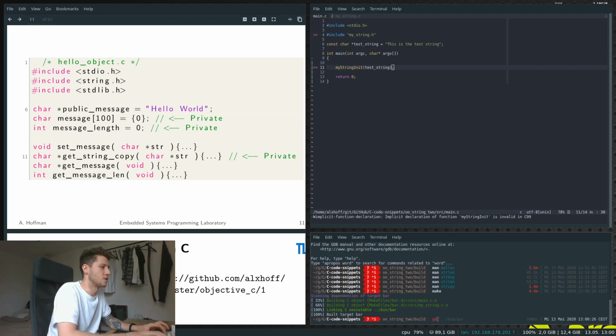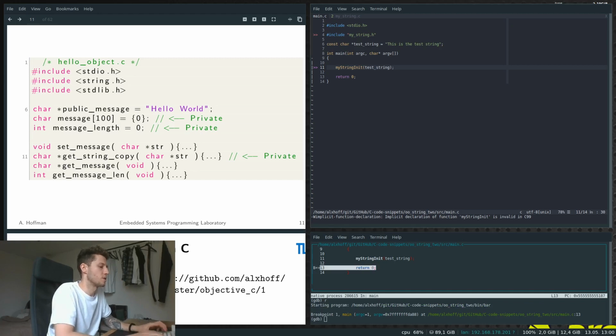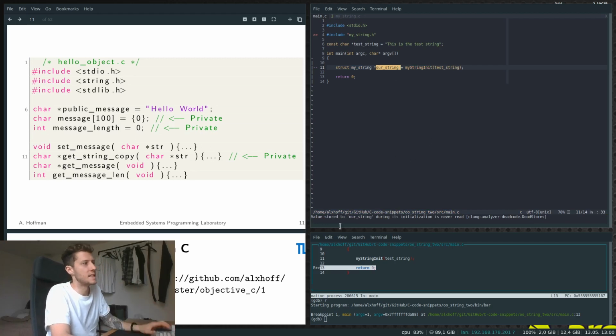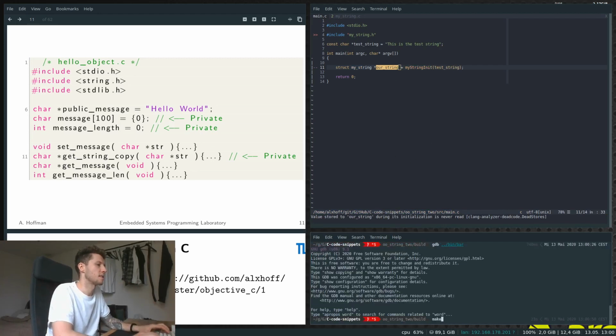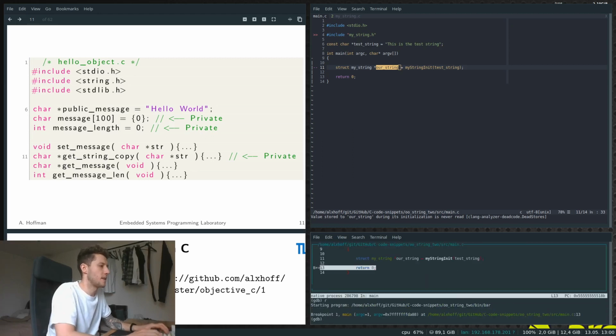Now if we debug this, and I will break at 13 again. Sorry, I forgot. I should probably go struct my string pointer, our string equals, right? Because this is where we're going to store the pointer. We're going to store in our string the reference to the instantiated struct. So I'll just quickly make this again and then debug it. Break on 13. And if we look into our string,